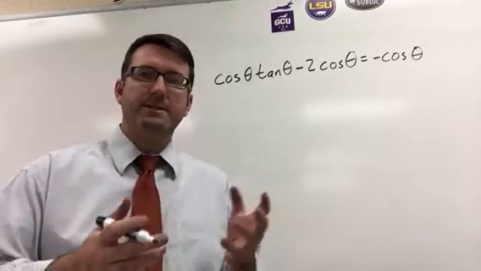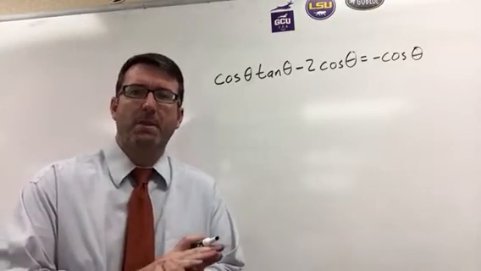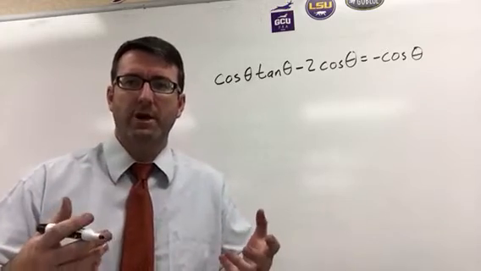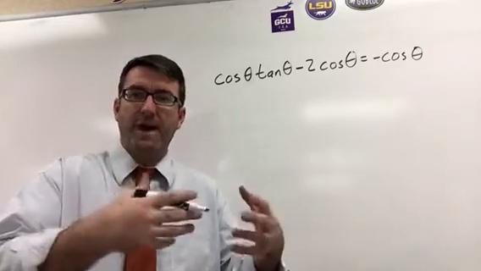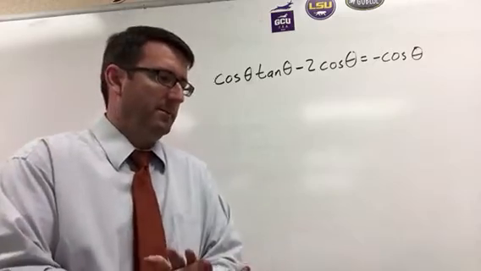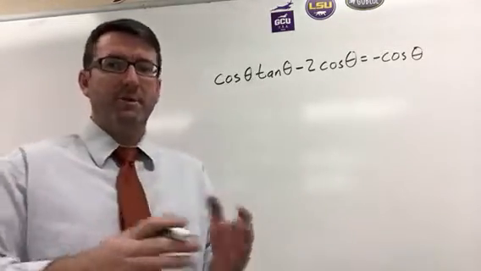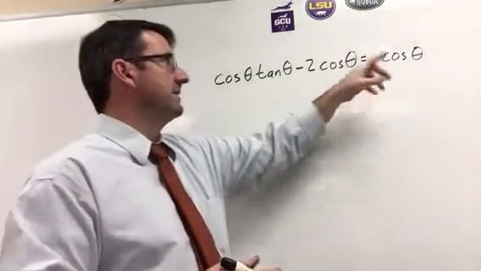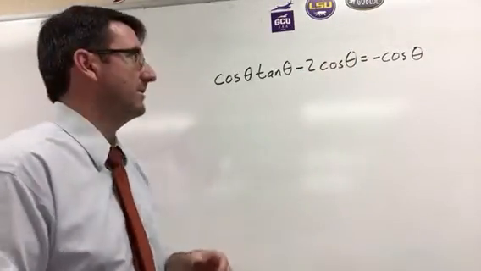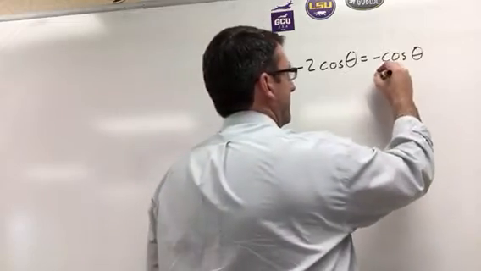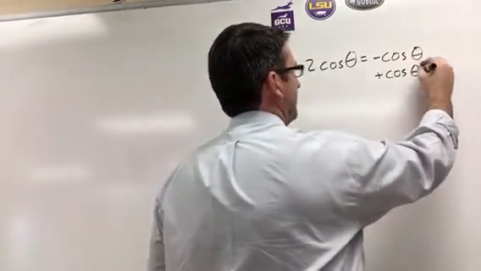All right, so number 6 is the first problem where we're going to use the zero product property to factor and then set each of the factors equal to 0. So the first step in these problems is to get one side equal to 0. So let's go ahead and add cosine of theta